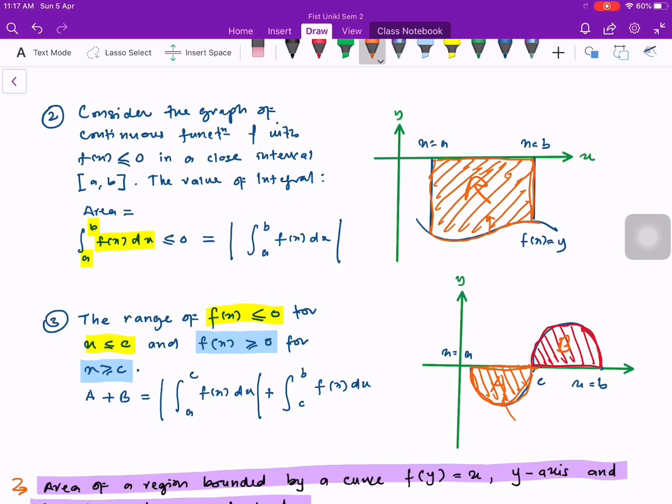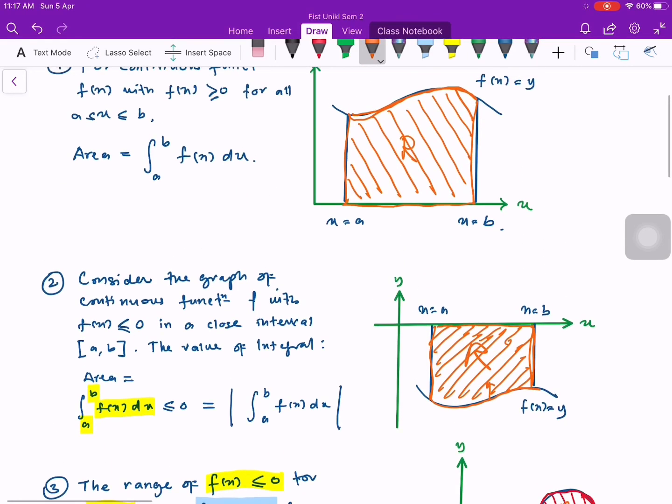Okay, so this one is definitely positive, dan kita tambahkan dia saja, and kita akan dapat the regions of the shaded regions bounded between the curve and the x-axis. Okay, so untuk yang ketiga ni, dia melibatkan hanya function f(x) dengan x-axis sahaja. For function 1 and 2, kalau kita tengok kat sini, dia melibatkan function f(x) and also the x-axis, and we have a vertical line which is x equals to a, x equals to b for both